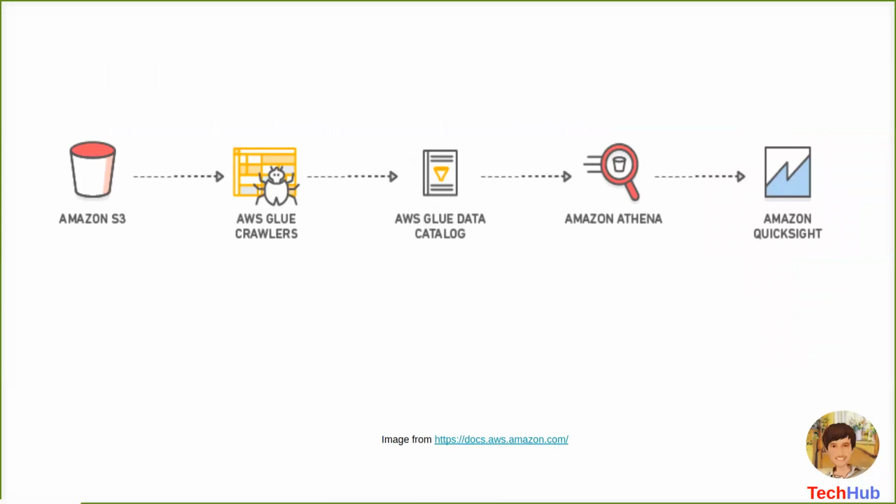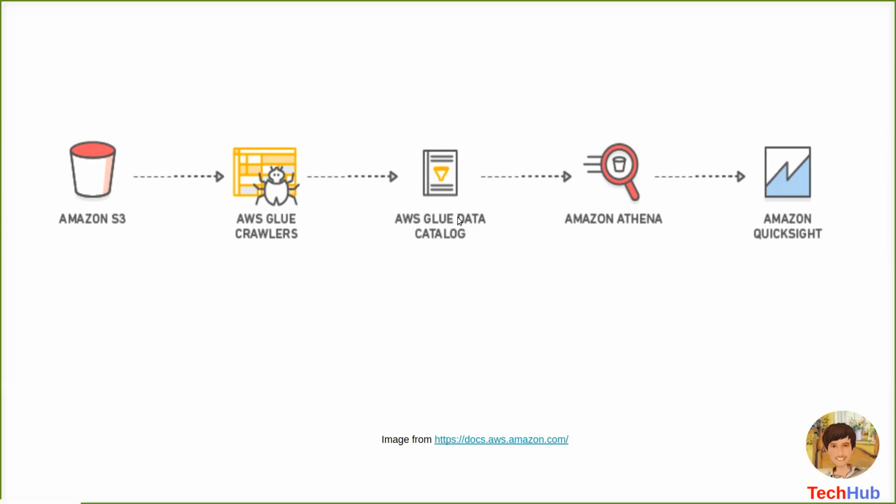Here is a use case which I'm going to walk you through. Here in Amazon S3, I'm going to store the employee details: employee name, the city, and at the same time the salary of the employee. Inside Glue, I'm going to create a crawler. With the help of this crawler, it will crawl the data from the S3, and accordingly it will create a table schema for me. And in the Glue Data Catalog, I can define the schema and everything.